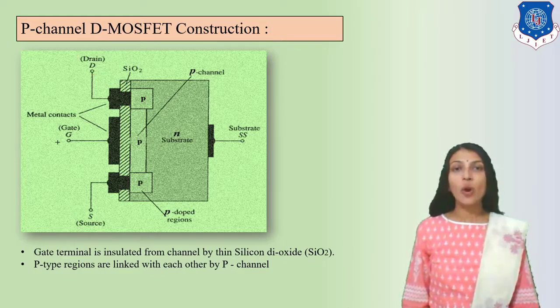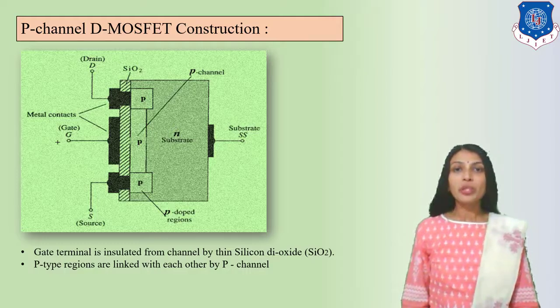The gate terminal is always isolated. Look at this, the black portion is known as ohmic contacts, also known as metallic contacts. The metallic contacts are used for the protection of the device, right? So according to the metallic contacts, we can see there is an ohmic contact at the drain terminal as well as at the source terminal, through the SiO2 layer, okay, and the gate terminal is isolated.